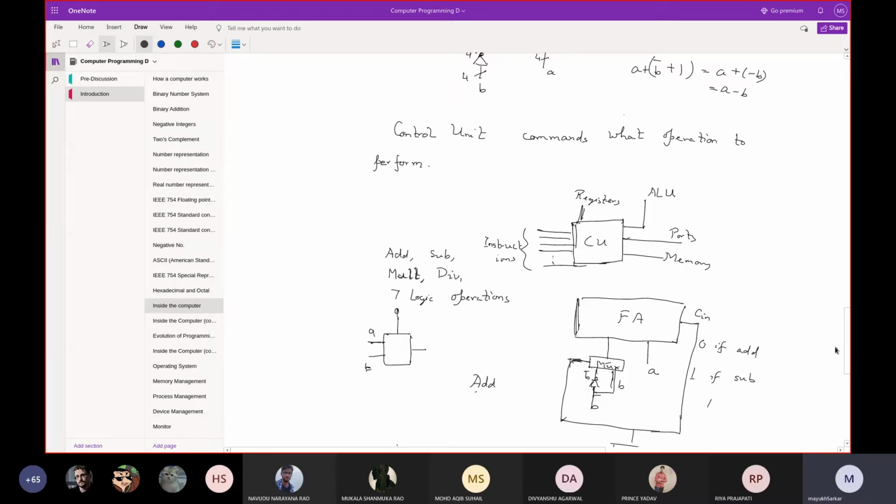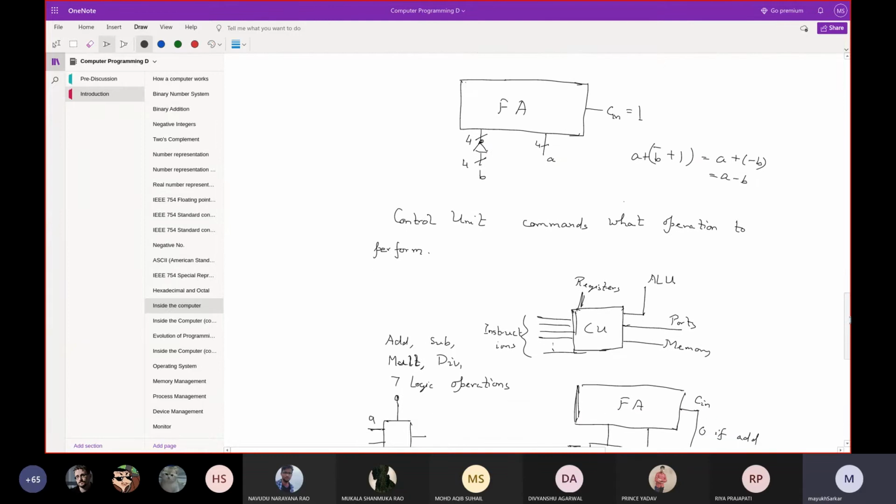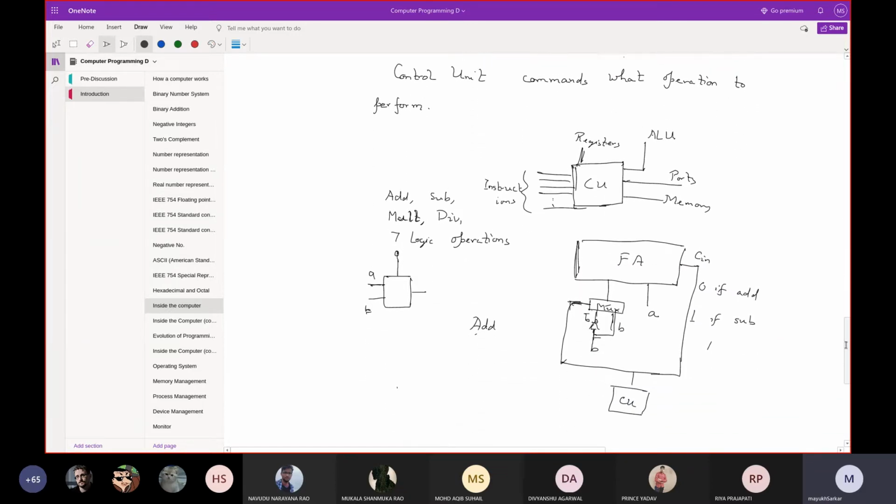The control unit understands that because the instruction comes from memory to the processor, it comes to the control unit, and the control unit decodes that and sends the corresponding signals all around the motherboard, all the ports, and if it's some arithmetic operation, to the corresponding ALU, and so on.